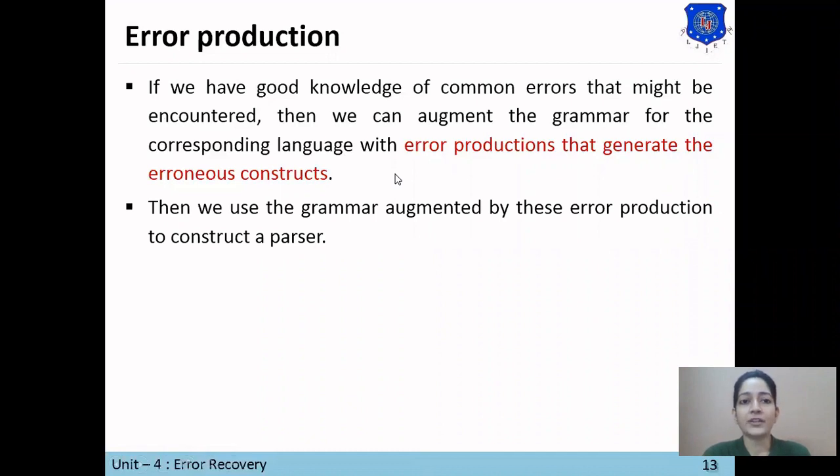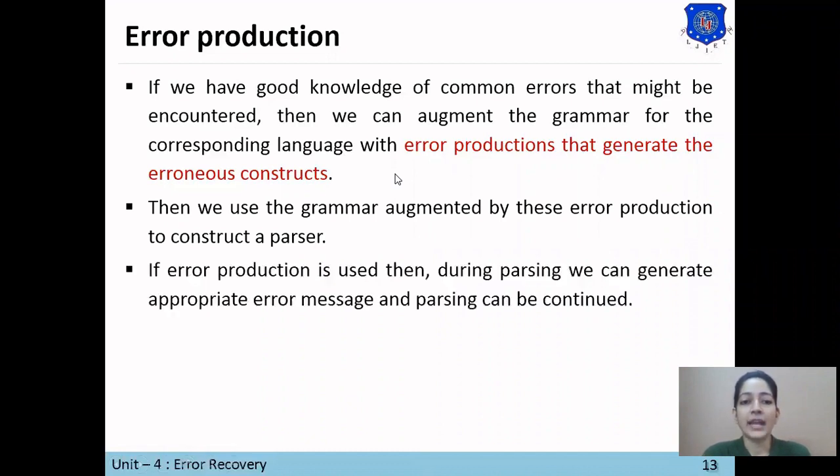So error production defines the common errors. If error production is used, then during parsing, we can generate appropriate error messages and parsing can be continued. Like if an error occurs, then parsing would not be stopped.